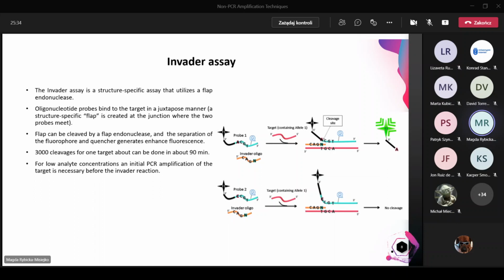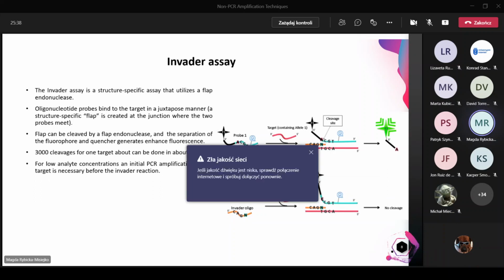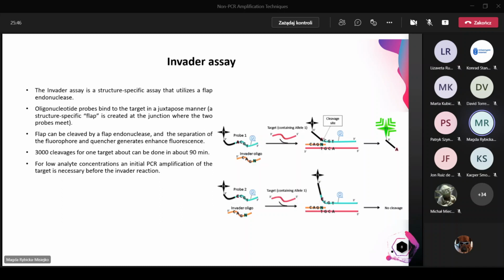The two probes, oligonucleotide probes that are used in this assay, bind to the target in a juxtaposed manner. But upon target binding, a structure-specific flap is created at the junction where the two probes meet. And this flap can be cleaved by a flap endonuclease. So if a fluorophore and quencher are positioned around the cleavage site,